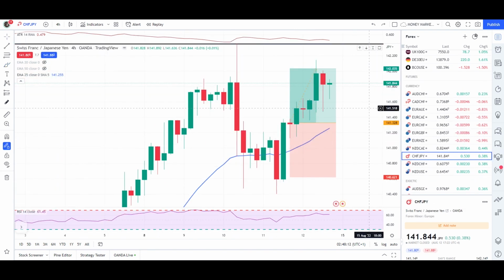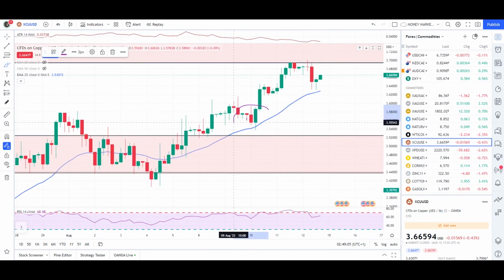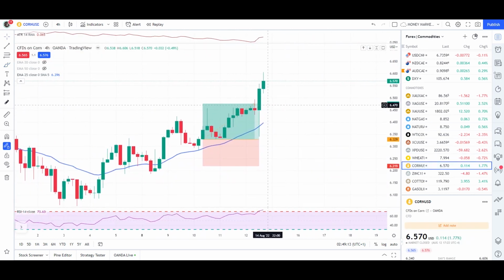So this is the pullback trade we have taken. See this entry pattern right here. Right here with copper, exact same entry pattern. Let me show you another trade here with corn. This is also one of the commodities here. Exact same